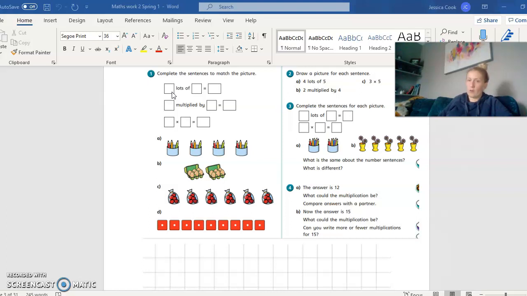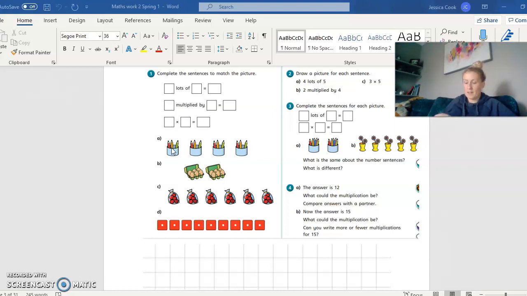lots of, I've got 4 lots of. How many are in each pencil pot? Let me check how many are in each one. 1, 2, 3. There's 3 in that one. 3 in each of the others too. So I know I've got 4 equal groups, and each group has 3 inside of it, doesn't it? So I've got 4 lots of 3. Can you see that? 4 lots of 3